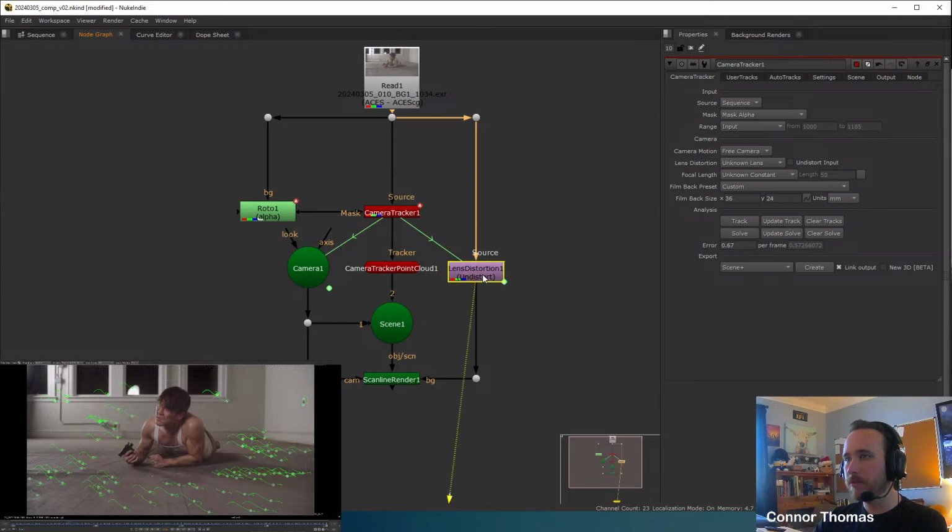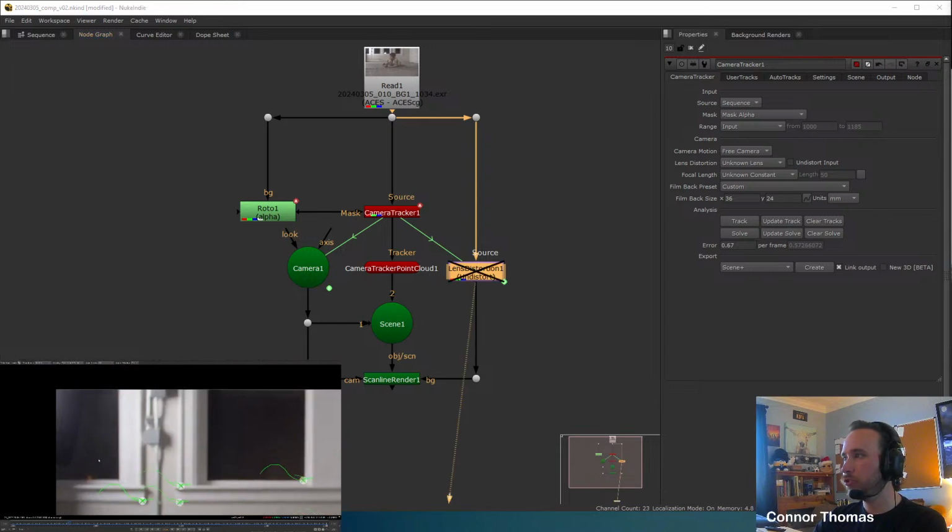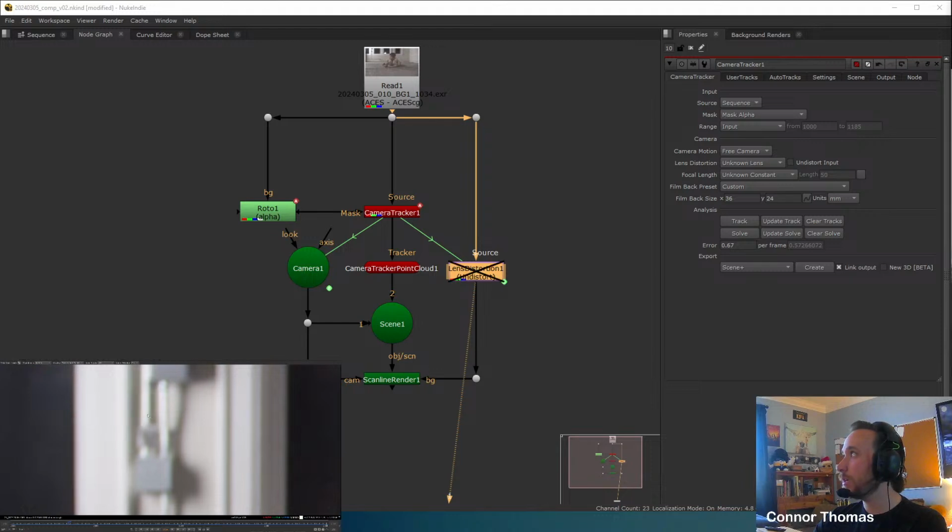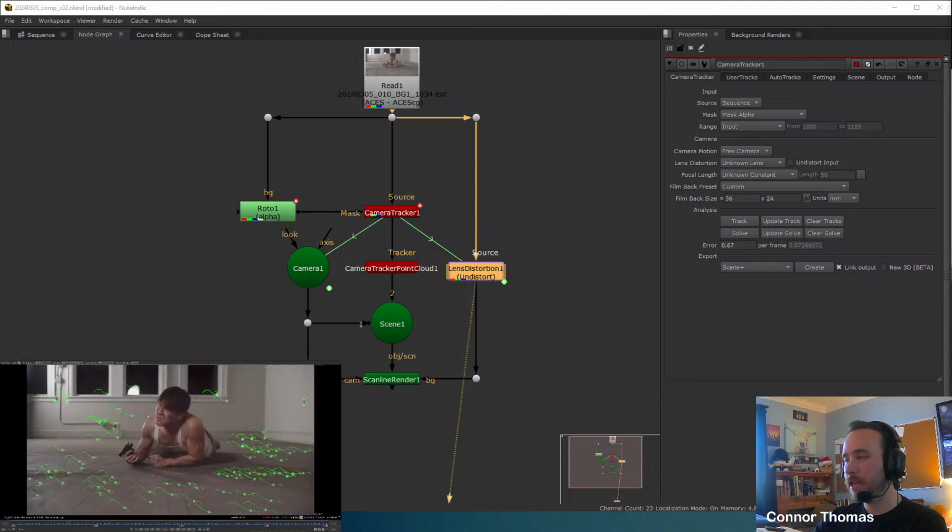And now if we go look at our distortion, it is undistorting our image, and it's only doing it slightly. This camera doesn't have too much distortion on it, but you'll notice that it is moving on the pixel frames here a certain amount. And if, let's say we had some kind of element tracked to this box back here,